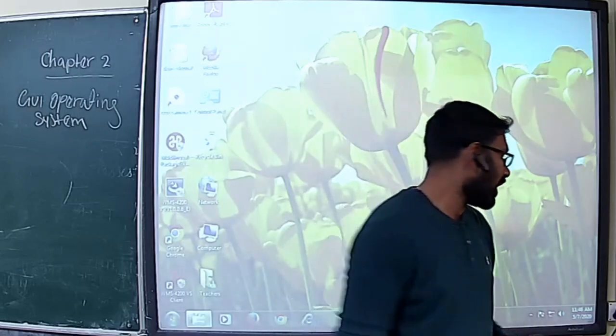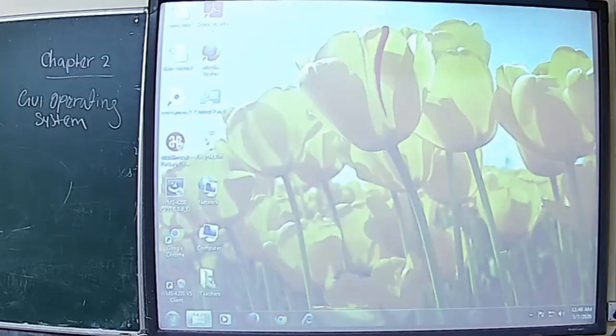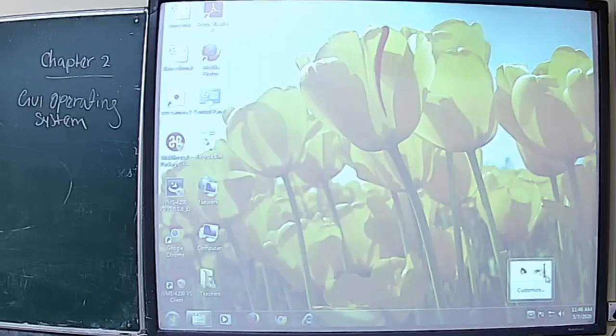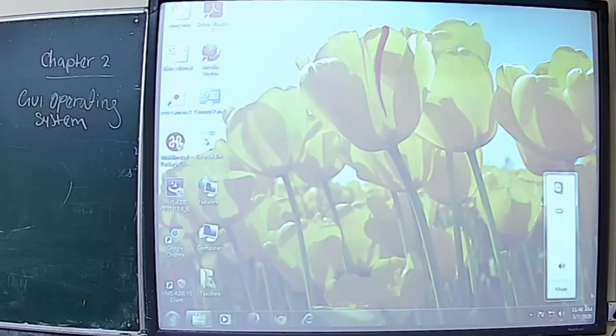So for that purpose Windows provides a speaker control nearby the notification area. Maybe now it's placed on the taskbar. If you can't find it in the notification area, you can simply drag it to where you want it. Clear? So once you click the speaker icon, it shows a dialog box and you see a slide bar.